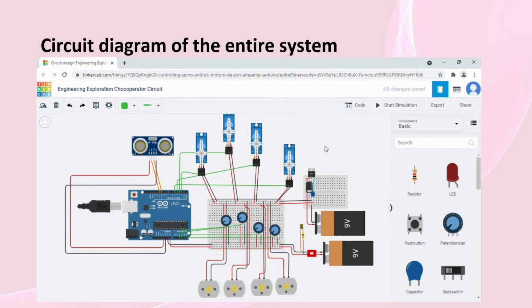As you all can see here, this is a circuit diagram of our course project Engineering Exploration with the need statement pick and place. In this circuit we have used 4 DC motor, 4 servo motor, 4 potentiometer, breadboard, LED, 2 batteries, ultrasonic sensor, Arduino and the connecting wires. From these 4 DC motor, each will be given to the wheel of the robot so we can have an easy movement. 4 potentiometer is used to handle each servo motor that we have used here.